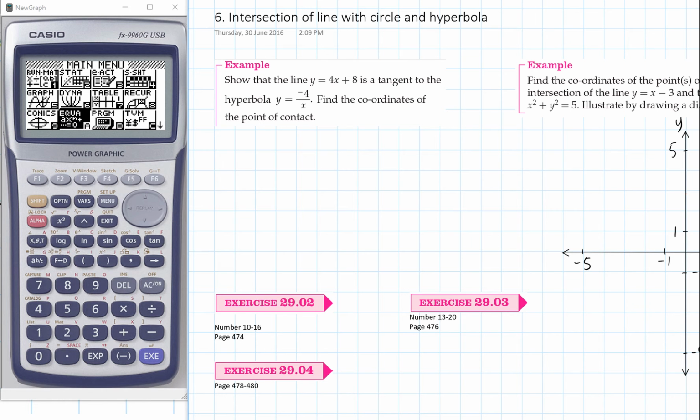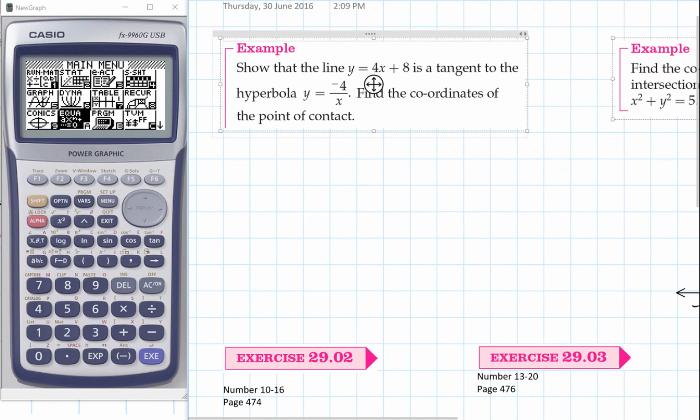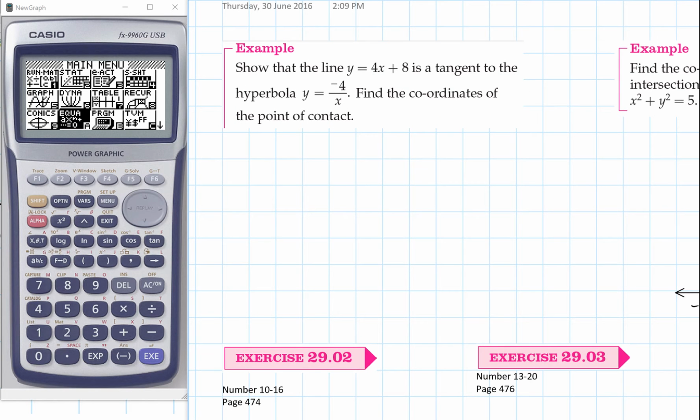Hi there everyone. Here we're looking at what happens when we look at the intersection of a line with a circle and/or a hyperbola. We'll deal with this example first. We're showing that the line is tangent to the hyperbola. So, if that was our hyperbola, we'd have some line that touches exactly once as a tangent,